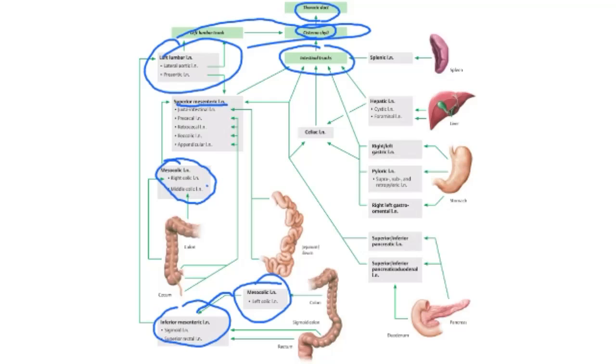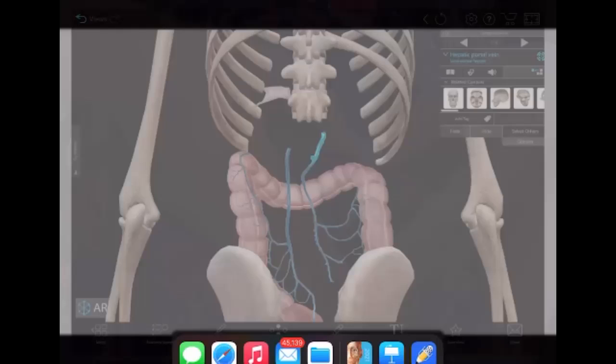That is the lymphatic drainage. So this is the lymphatic drainage. See? So ultimately, this is the inferior mesenteric and superior mesenteric. Right? Ultimately, intestinal lymph trunks, lumbar trunks, and cisterna chyli, thoracic duct. This one being different nodes. Okay,